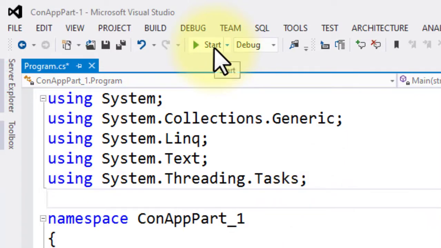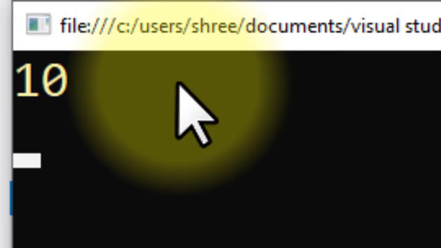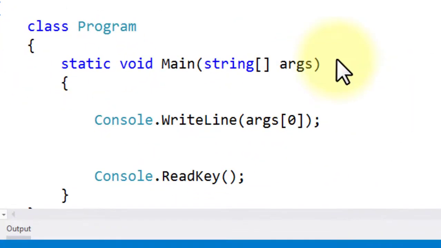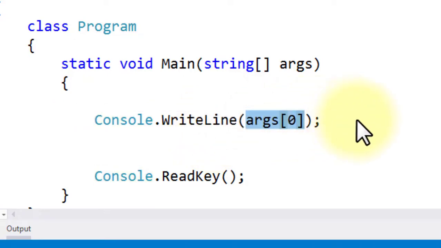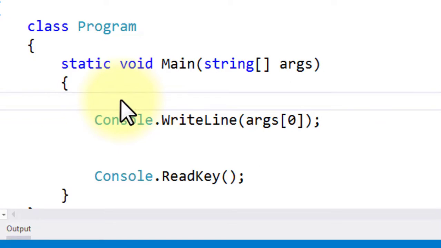Now see the output of this program. It will display only 10, because I passed 3 arguments, 10, 20, 30, to the main method, but I am displaying the value of only the first argument, args of 0, because the first argument is stored in the first element of the args array, at index 0. That's why the output is 10 only, while I am passing 3 arguments.